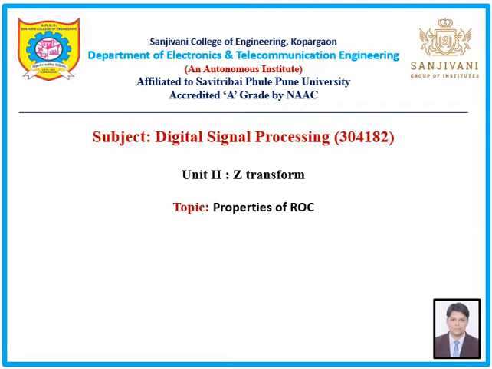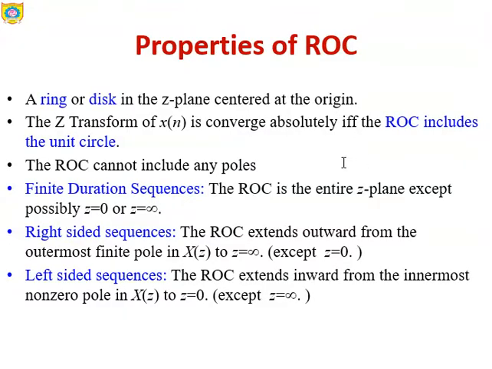We are discussing unit number 2, that is Z transform. Let's discuss in this particular unit the topic that is properties of ROC. In the last lecture we have seen what is ROC, that is region of convergence. Let's discuss its properties. So the very first property is nothing but